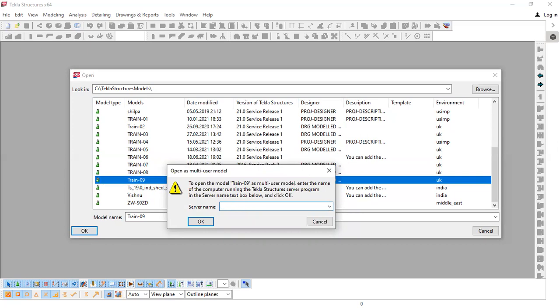If you don't have a name available, then there might be an IP address. So anything will work, either the name or the IP address. That setting will be done by your IT department. Whoever is handling it, either the IT department or a Tekla admin, will be handling these settings. So we will not be doing these settings, but we just need the name or IP address, which we will get from the IT department.